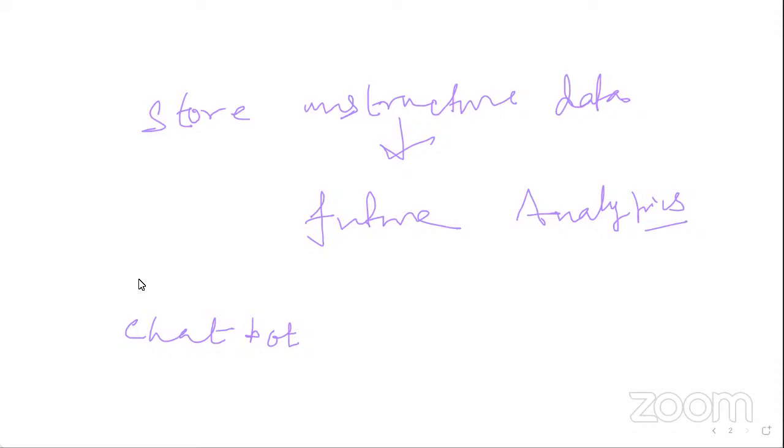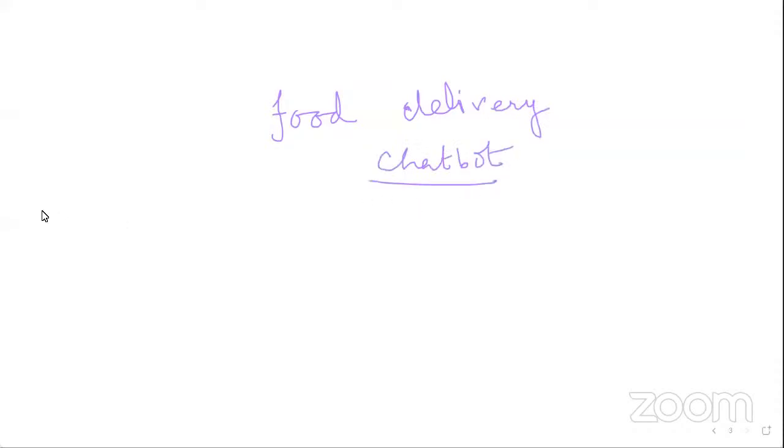Let's say we want to build a food delivery app related chatbot. So, a food delivery chatbot. What are the different contexts that we have for food delivery? First is choosing a food item, right? Let me write those down and then we will convert them into an algorithm. Choose a food item.